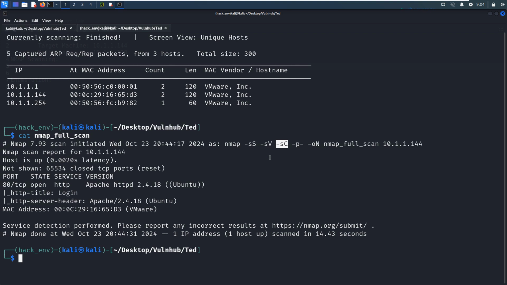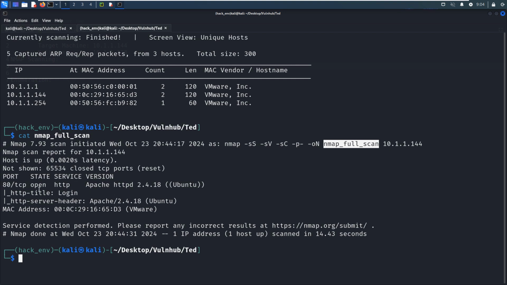Nmap has its corresponding script. Of course, this here is just doing default script, followed by the -p to do the full range port scan. The last option for all is -oN to output the result into this file.